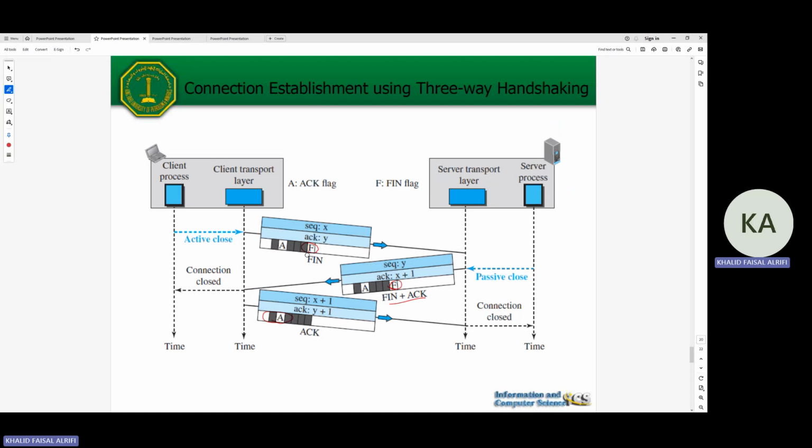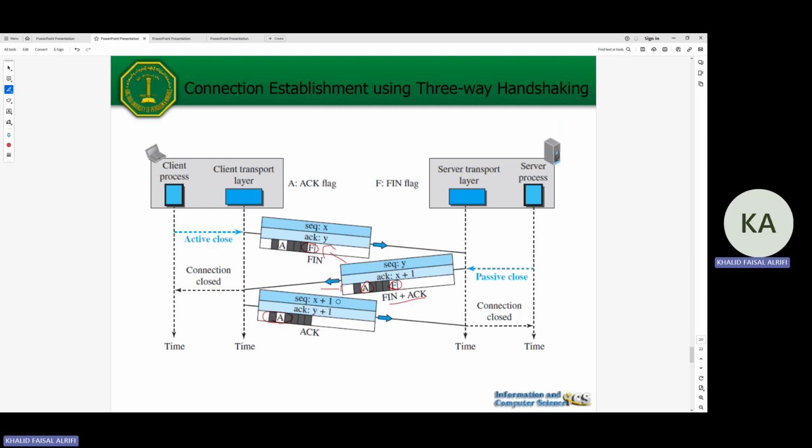We have to set the FIN flag as 1 and the rest are zeros, and also the acknowledgement, of course. Keep it 1 always, because it's connection oriented. Here is the acknowledgement for the previous FIN or the segment in general, and now I'm sending also a FIN as 1,